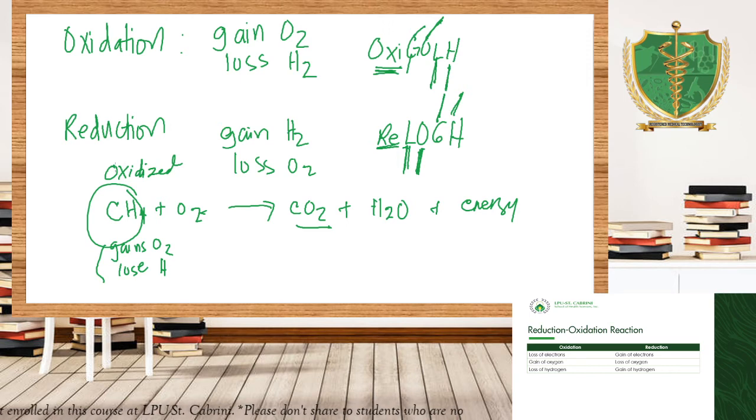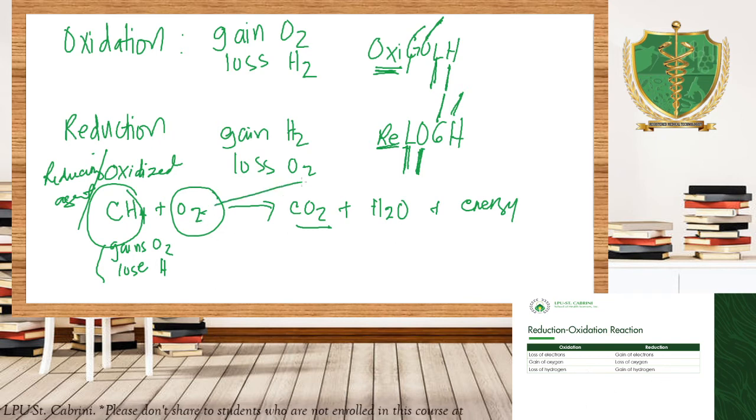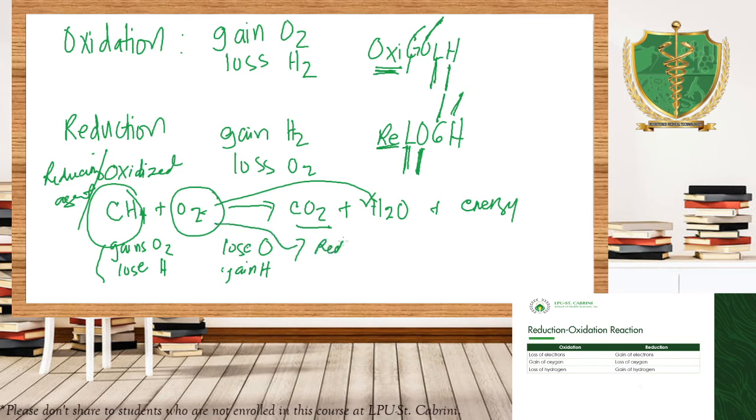If methane is our oxidized, this is our reducing agent. Oxygen cannot lose hydrogen, since it has no hydrogen. So it loses oxygen and gains hydrogen to become water. So what did it lose? Oxygen. What did it gain? Hydrogen. Okay? So oxygen is our reduced, and this is our oxidizing